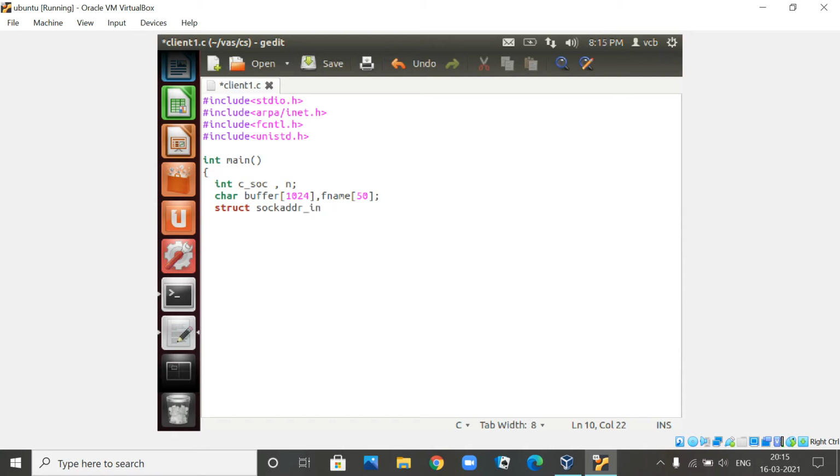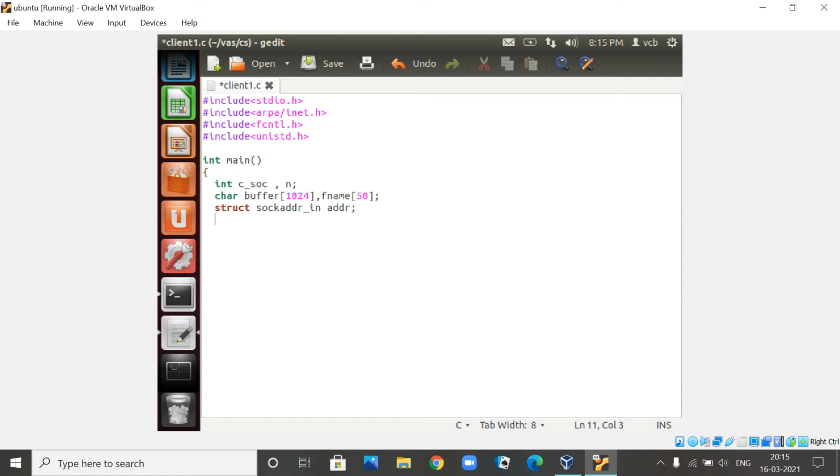You have to write it very carefully, and be very careful with these built-in variable names you are going to use. You are going to create an object or a member of this particular structure, SOCKADDR_IN. The name we are going to use is ADDR.